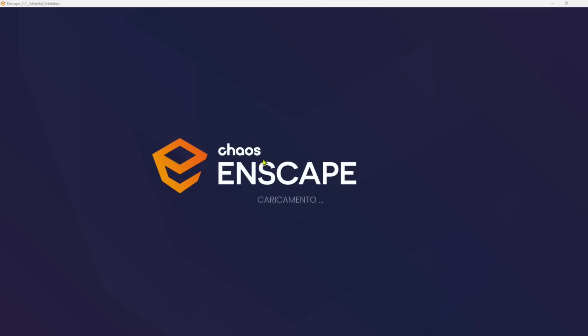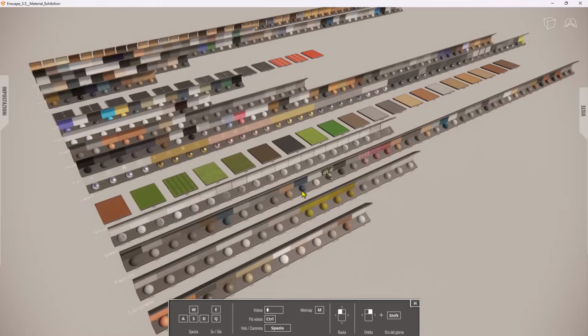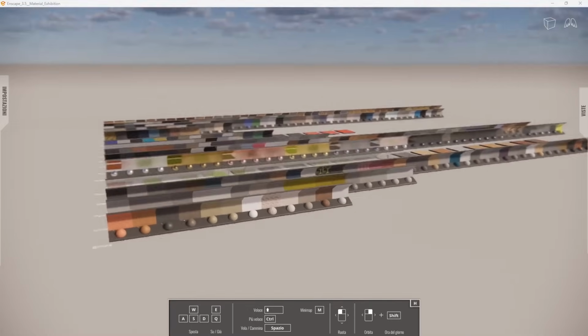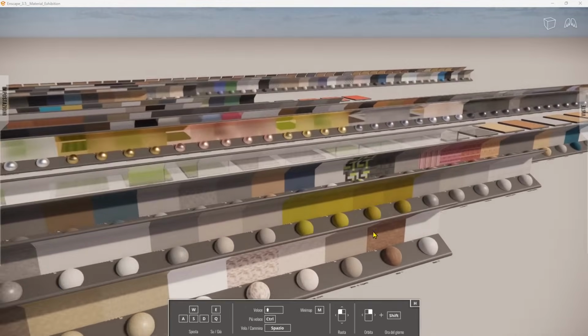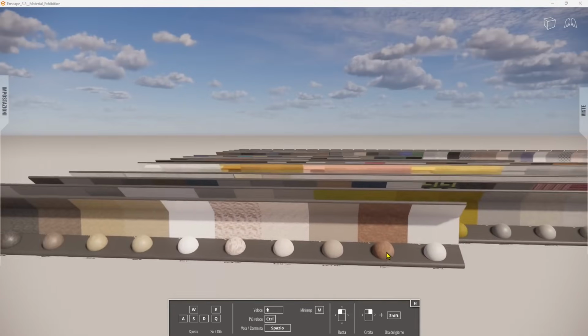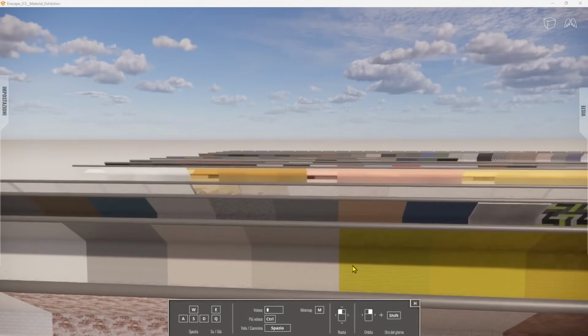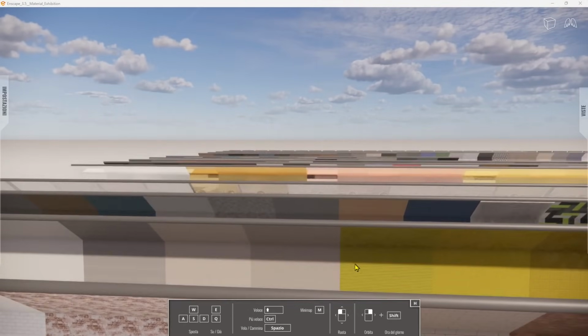So I'm going to run this application real quick. I'm going to double click and wait for this application to load, which is essentially a 3D scene containing a lot of spheres and planes, but really useful if you want to have a complete picture of what Enscape has to offer in terms of preset materials. So there's nothing that you need to do, everything has already been prepared for you. And we can navigate as usual. So WASD, shift to go faster, control to go even faster, and then you can go one by one and take a look at everything if you have time,